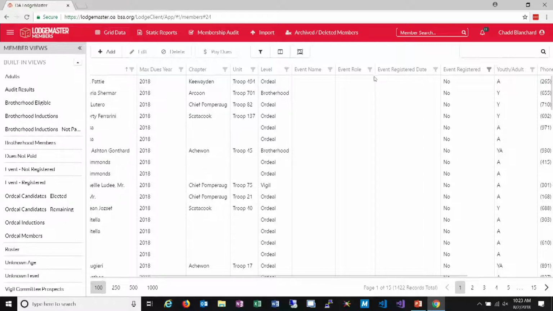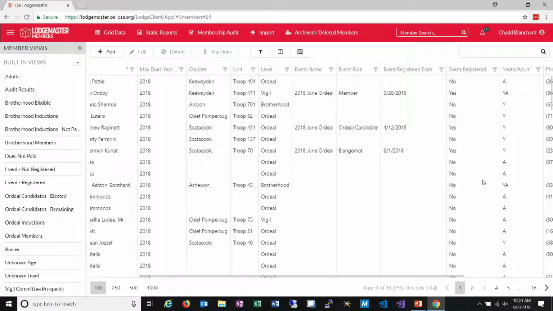So you started with the event not registered before, is what you were testing? Yes, so this is an event not registered, which is all driven from these columns. So I filtered registered to no. If I switch it back, it's going to show everyone that's registered for the event. So you can do other things with this. So if I want to show everyone that was registered for the event,